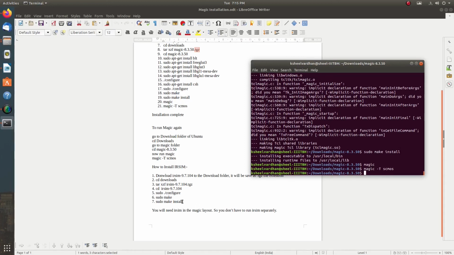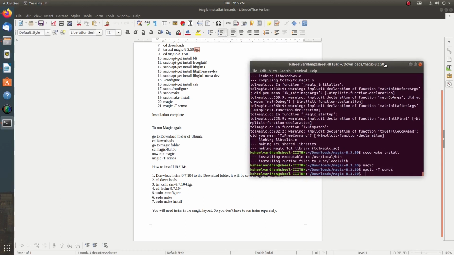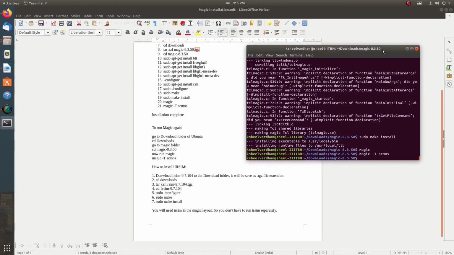We don't have to run IRSIM separately. Whenever we run magic, only then will we use IRSIM through the console window of magic. So you just have to install IRSIM and you don't have to run it. Okay, just install it, don't run it, and we will run it when we do the construction of layouts.